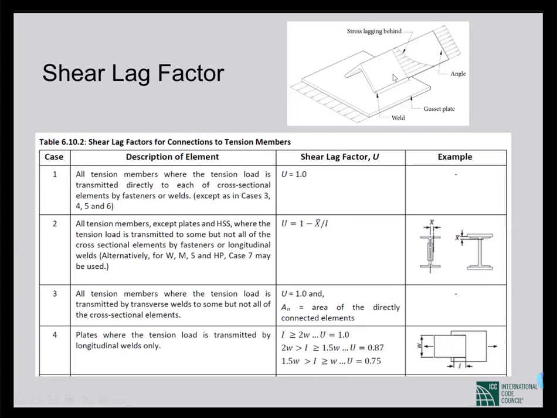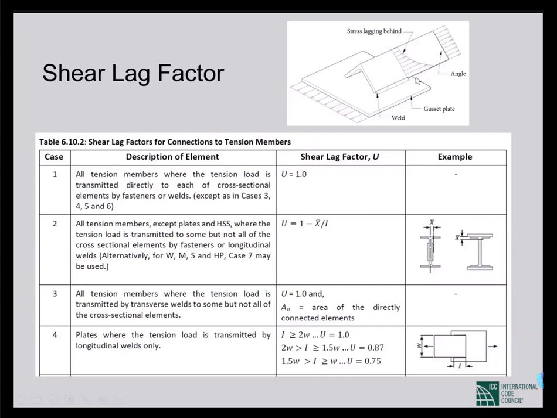So the level of stress will be higher there, because the stress will be transferred at that level. And at the top edge of the angle, there will be little stress because that is almost free. So even though usually for the tensile mode of loading we assume that the tensile stress is uniformly distributed across the section, that doesn't happen all the time. This effect is called the shear lag effect.